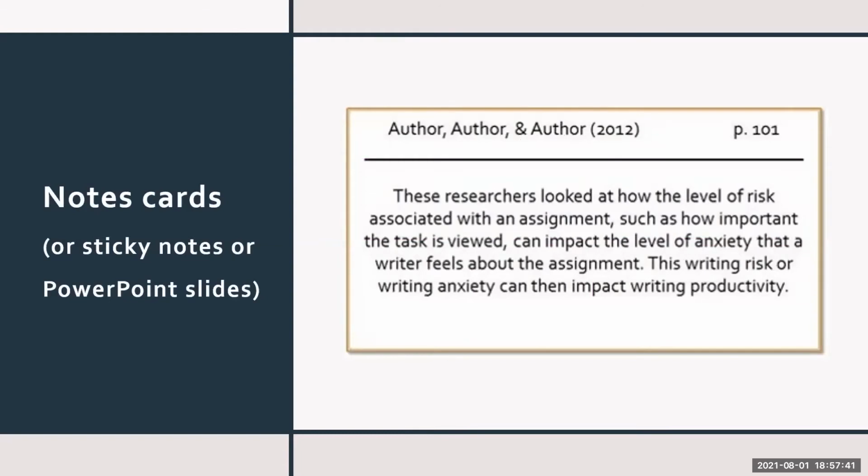Another method that you can use to help you categorize information are note cards. An alternative is sticky notes or PowerPoint slides. On each note card or sticky note or PowerPoint slide, you're writing one idea that's coming from each one of the pieces of research that you're reading. Again, it's a good idea to paraphrase rather than write word for word what you're drawing from each one of those articles. It's also a really good idea to put the citation on each one of these note cards so that you can find that information easily later and you don't have to worry when you have to cite it